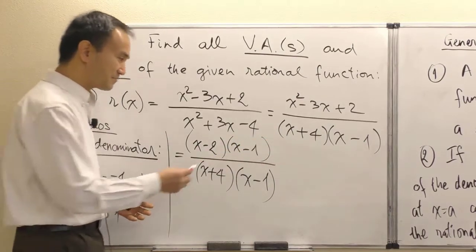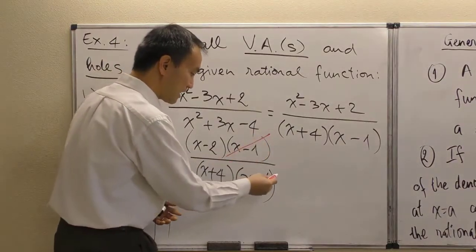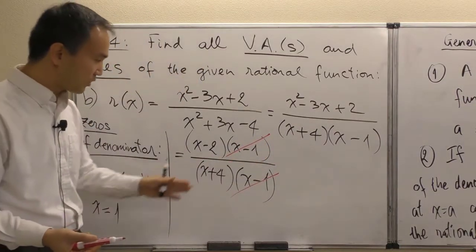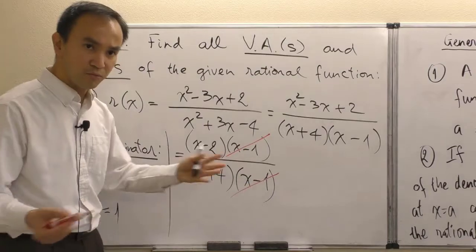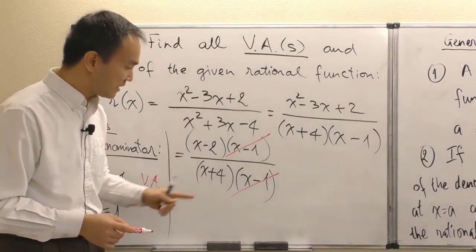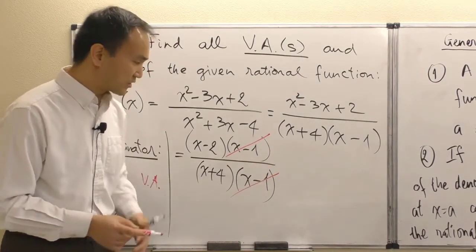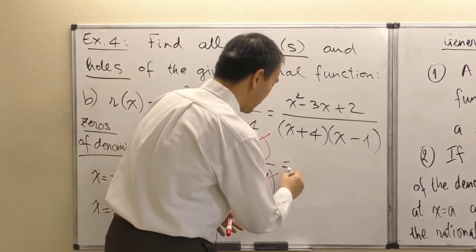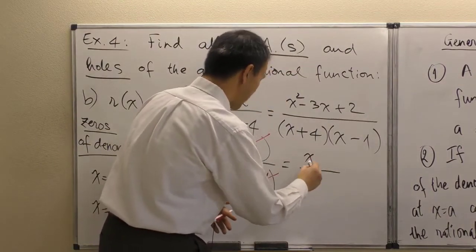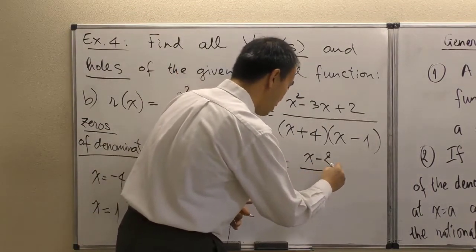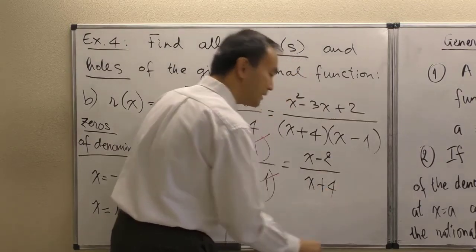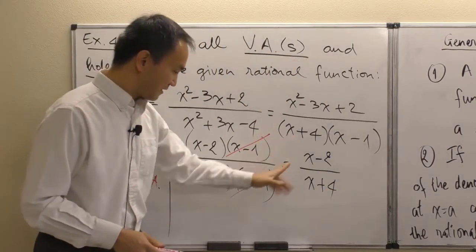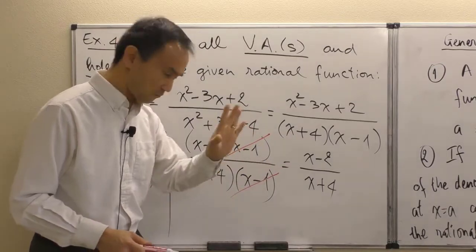So that means now we're going to cancel. For x minus 1 as a factor, we're actually going to cancel completely. We're going to cancel it away completely, including its multiplicity. And so now the resulting rational expression is going to be x minus 2 over x plus 4. So think about it. Yes, after we cancel that, and again, of course,